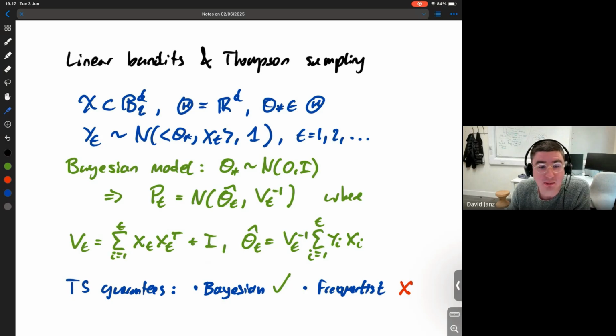So here, from a Bayesian perspective, if theta star really is sampled from this distribution, this does perfectly. There are no problems. I haven't read the Bayesian papers in too much depth, but if we really are in the Bayesian setting, I don't see how this algorithm would break. More generally, I think you could get guarantees in a wide range of settings for this. But in the frequentist case, if theta star is not distributed according to a normal, you could break this. You can get linear regret for this algorithm.